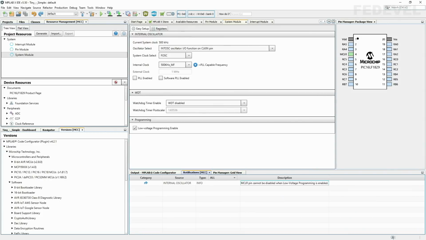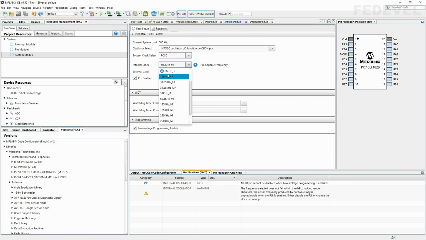The very first thing we are going to set is this system module internal oscillator. So we would like to use the internal oscillator because we don't have any external crystals or oscillators, and we would like to run our microcontroller at the highest possible frequency for testing. So I'm going to enable PLL. It means when we enable PLL, we can multiply by 4 the frequency we select here.